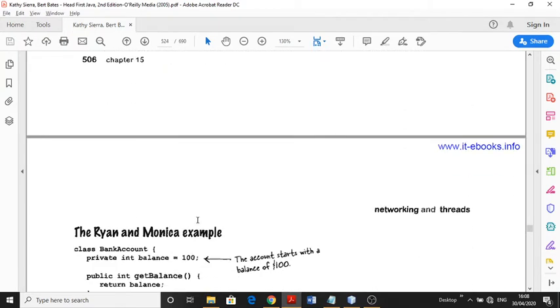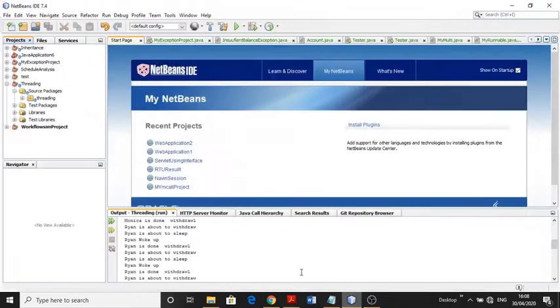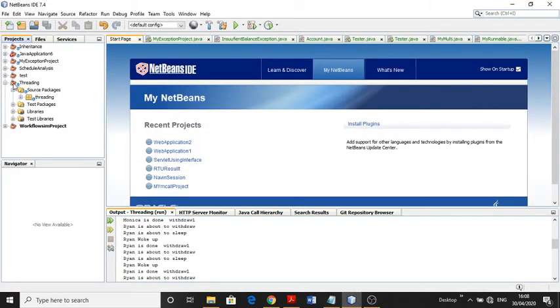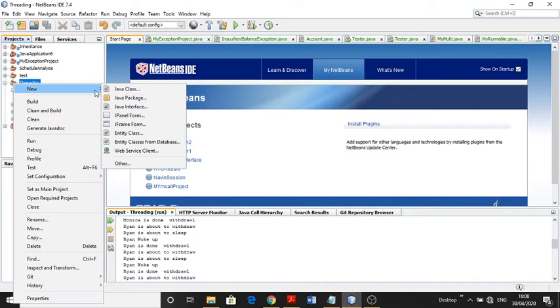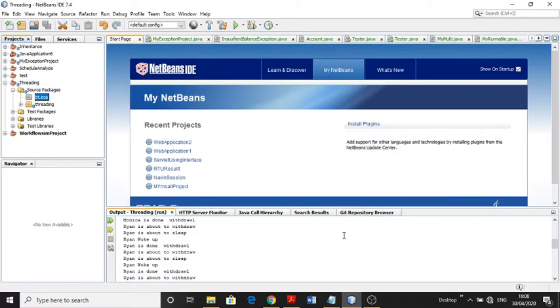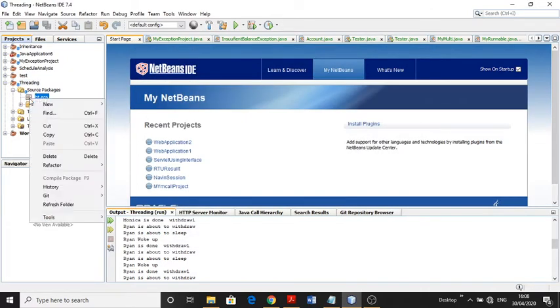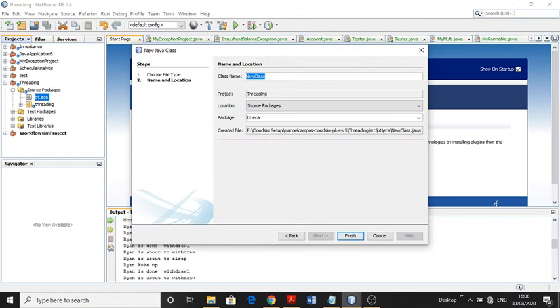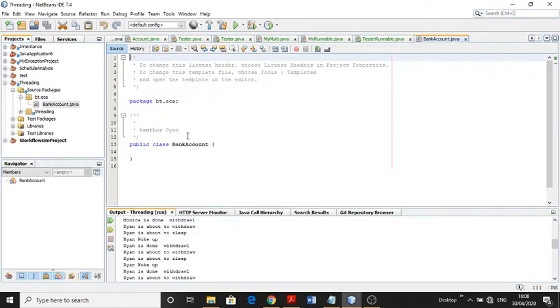Now we will create this program in NetBeans. Create a new package, btu.eca, and finish. Right click, create a new class. The name of the class is BankAccount, and create.